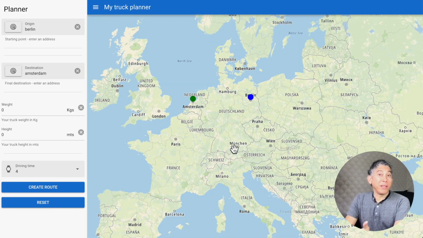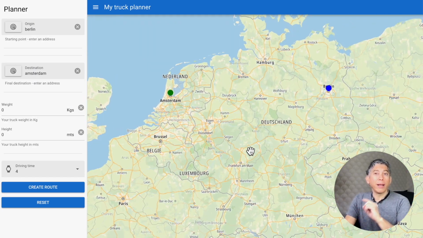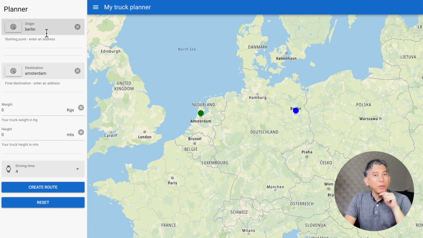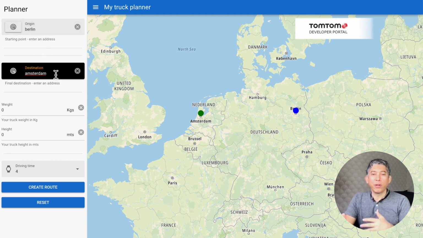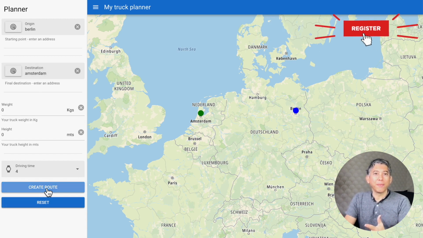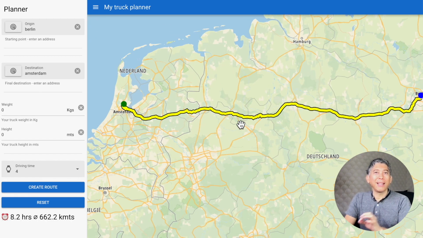In one of our previous videos, we used the Quasar framework to add a map in our application. Today, we are going to take that code and add some input fields to create a route for truck vehicles. It will look a little bit like this.